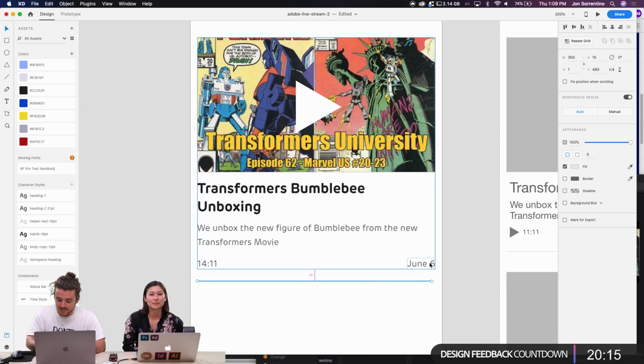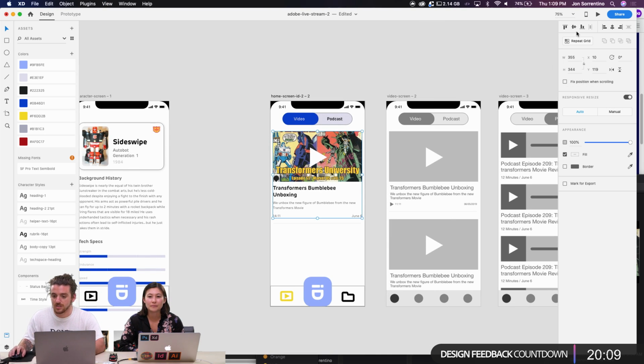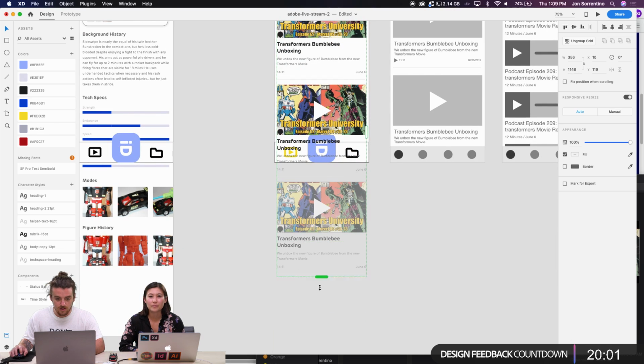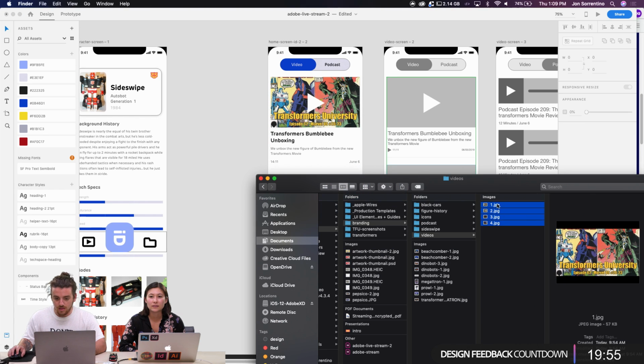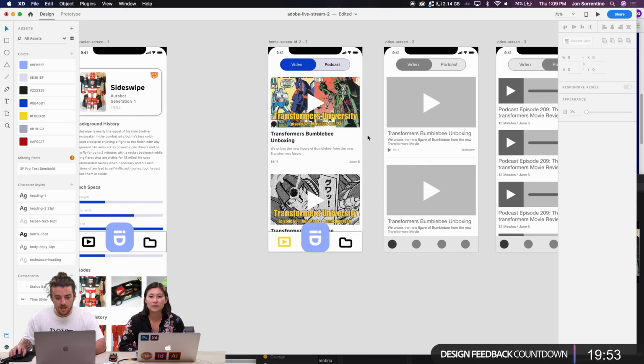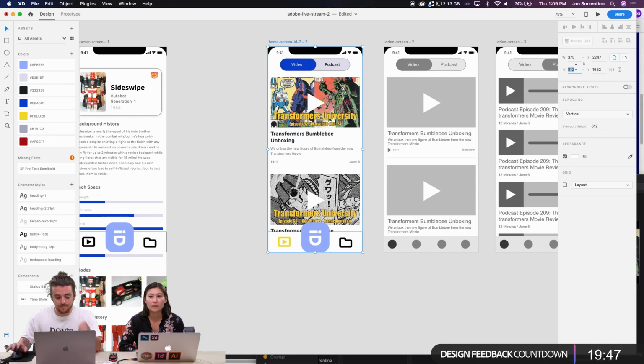Okay, we have our date here, timestamp. I'm just going to get the spacing correct here, and then I'm going to go ahead and duplicate, make this a repeat grid. Repeat grid. I'm going to drag that down. Cool. And then I'm just going to set it to the back because I want it to be behind. And then I'm going to drop them in, and there we go. We start to have a little bit more. Oh, gotta make this longer.